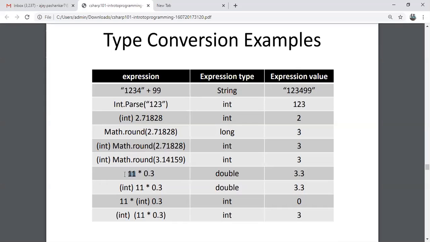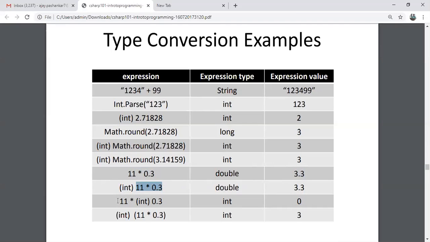Suppose I want to multiply 11 into 0.3. Basically 11 into 3 is 33. But here we are multiplying 11 with 0.3, so it will return 3.3. Done. When we convert this double value into integer, it's still 3.3.